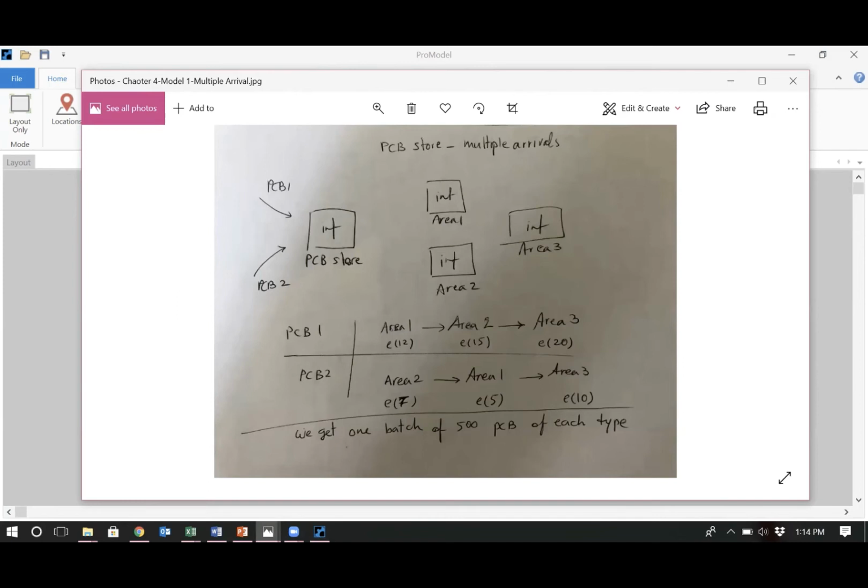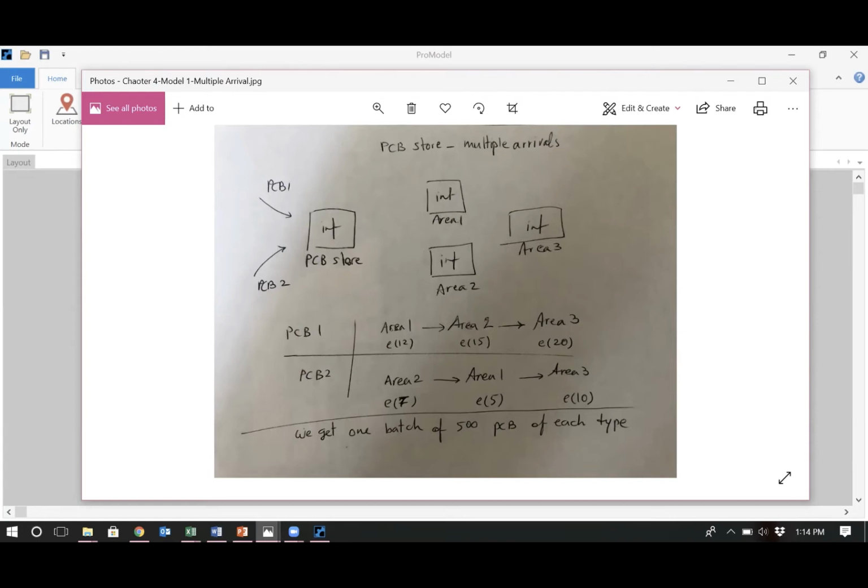So as I said, we are going to start chapter 4 of the lab section of the book. This is the first model that we are going to work on. And in this model, we are going to learn how to take care of multiple arrivals and some various features